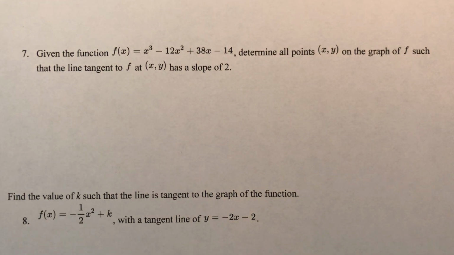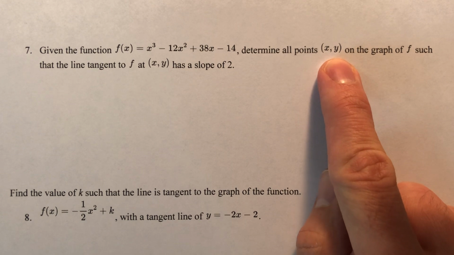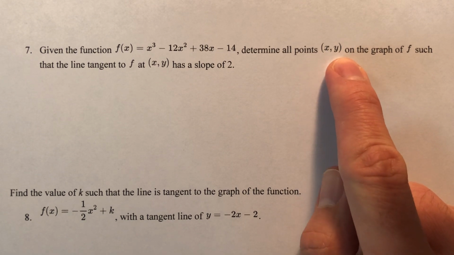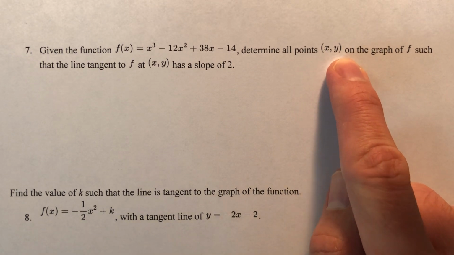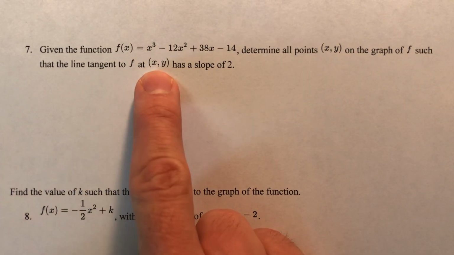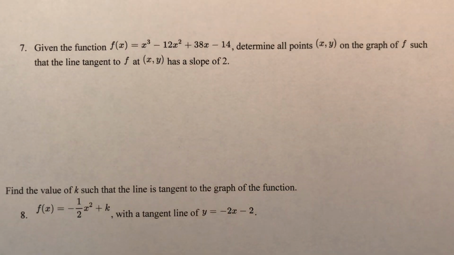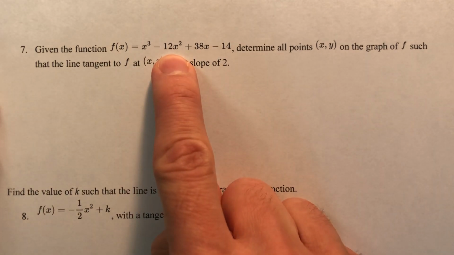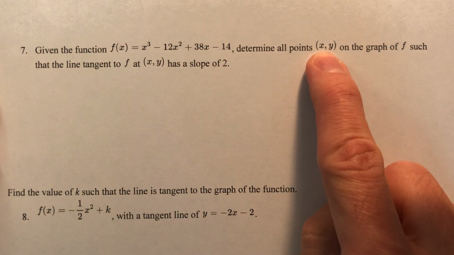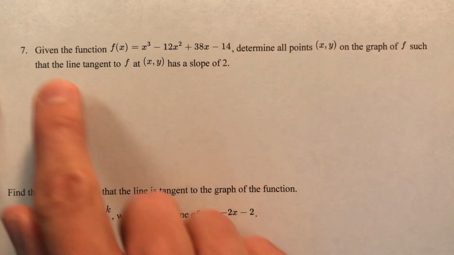Okay, let's check this one out. Given this function, determine all the points x, y. Okay, final answer is going to be a coordinate, maybe more than one coordinate, on the graph of f such that the line tangent to f at that coordinate has a slope of 2. So as we read this, it sounds wordy, but if we pick it apart word by word, it'll make a little more sense. So they gave us a function. Our answer is going to be one or more coordinates on the graph of f such that